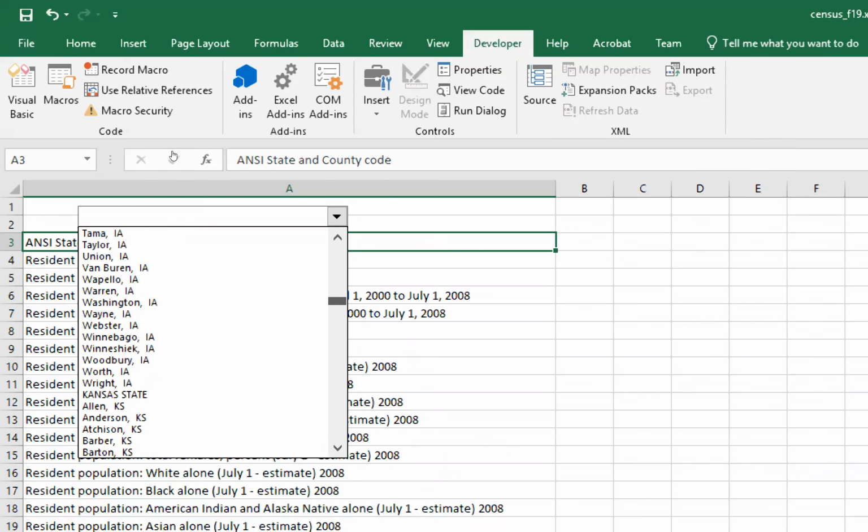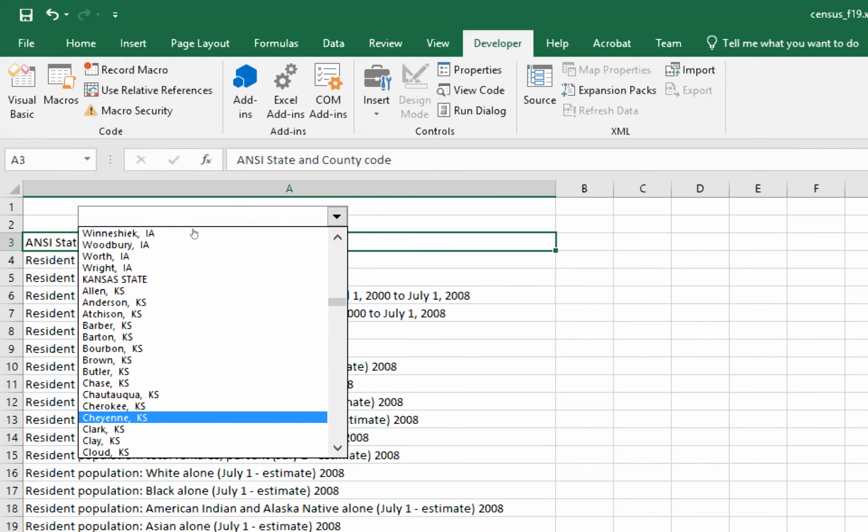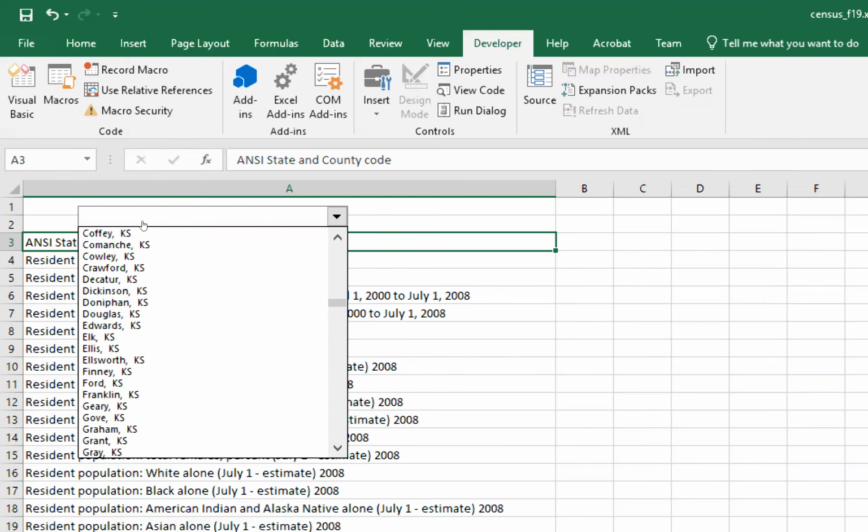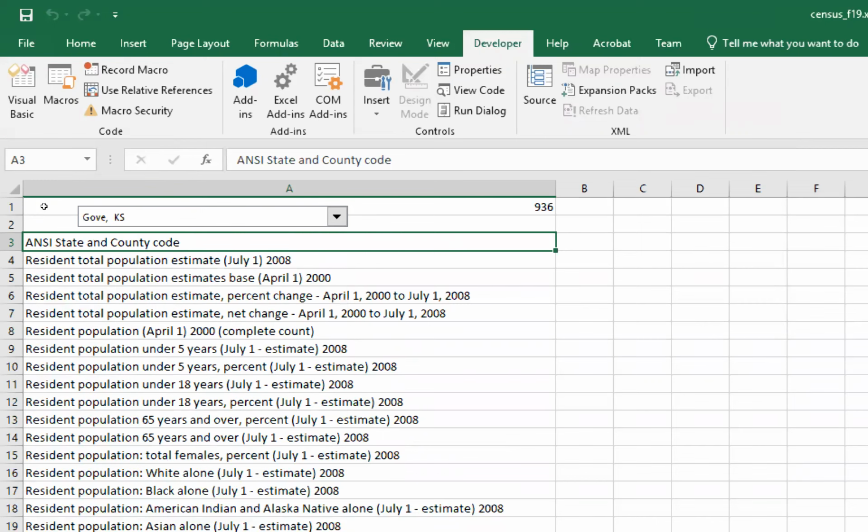Let's go find Kansas. H-I-J-K. Where's Kansas? I don't want to spend too long looking for Kansas. Kentucky, Kansas. We're getting close to my county. I passed my county. Ah, Gove, Kansas. All right. So it has put in here